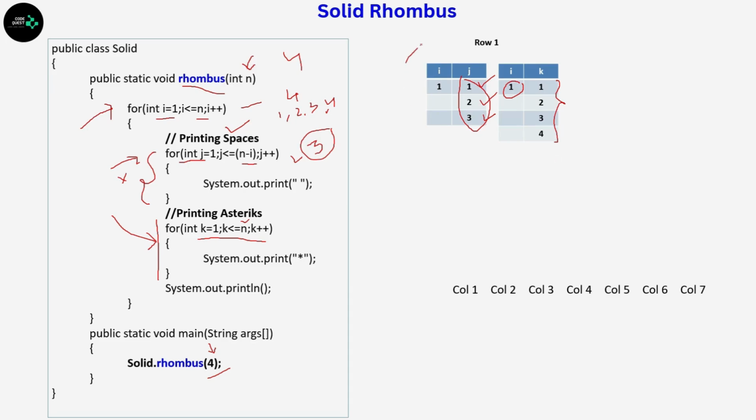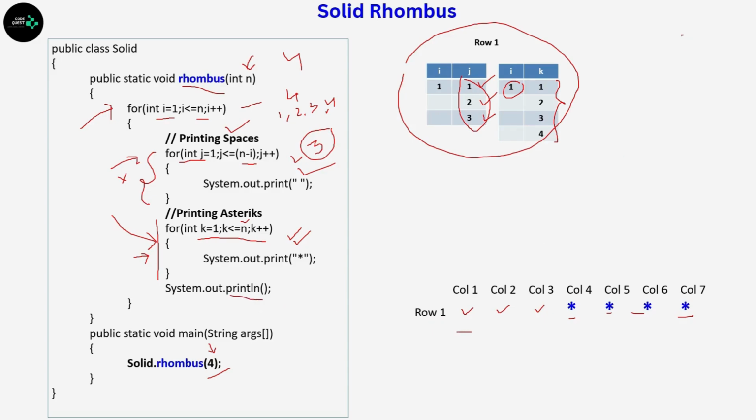By the end of this first iteration, we get 3 spaces followed by 4 asterisks like this. This is a space, this is a space, this is a space. This is what we got out of the j loop, and the remaining 4 asterisks are because of the inner loop that represents the asterisks. Soon after this inner loop of asterisks is over,